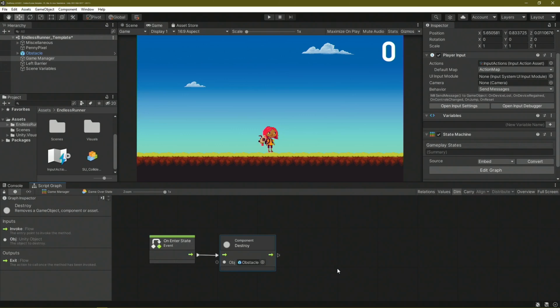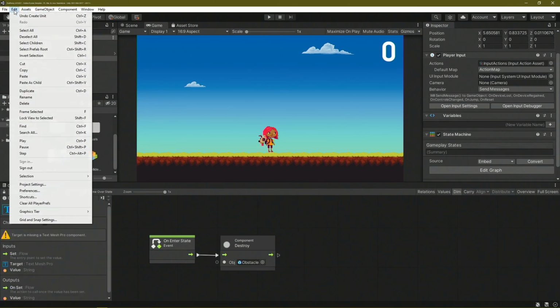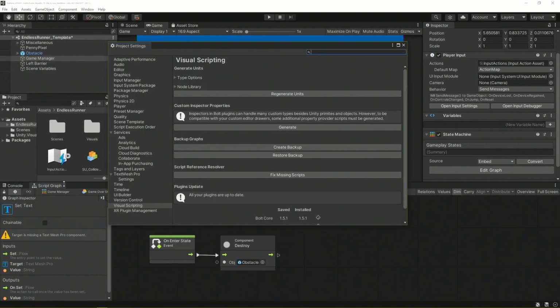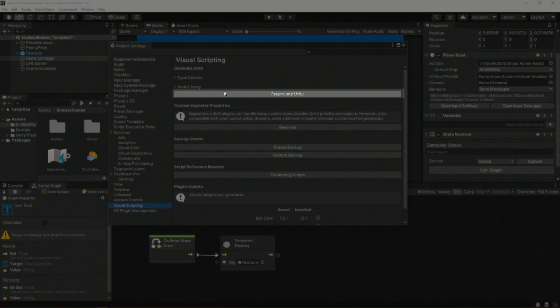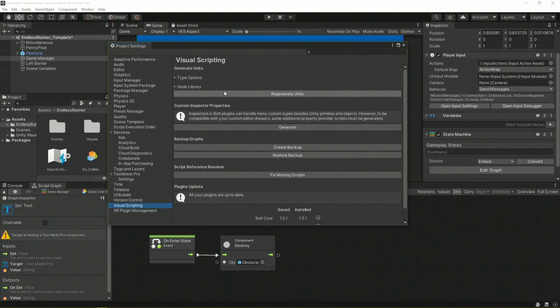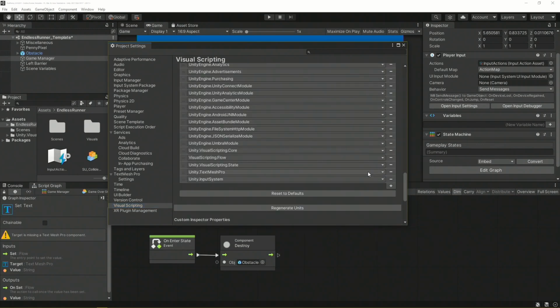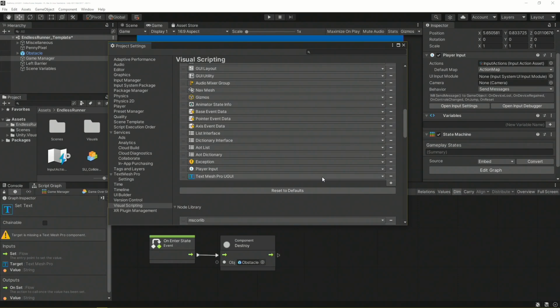Something important to remember is that if you want to use Unity visual scripting with packages or tools that aren't native to the editor, you'll need to add the assemblies and types for those features via the node, library, and type options available in the visual scripting menu within your project settings. To have their corresponding units available for use in your graphs, you'll also need to click the Regenerate Units button. I've already added the Text Mesh Pro assemblies and the Text Mesh Pro UGUI type to my project,